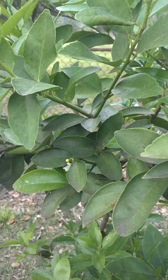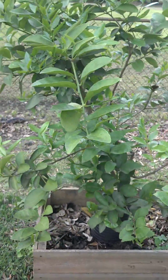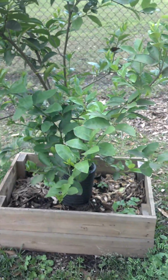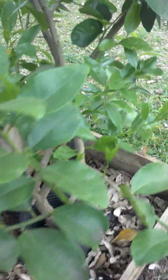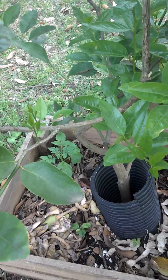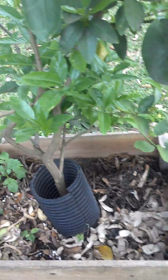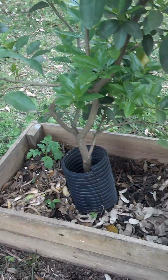This is my Persian lime tree, and I have it growing in a raised bed because it floods right here, but around the trunk I have a tube to protect the trunk from getting trunk rot, and I also throw some compost in there, and I think I got a potato plant,